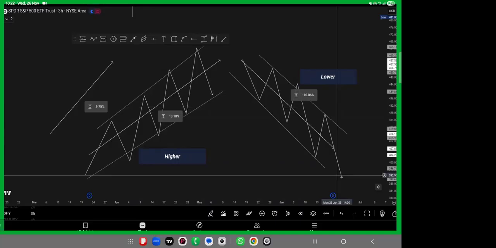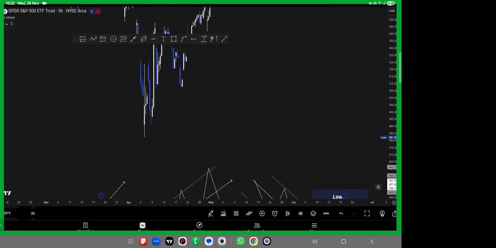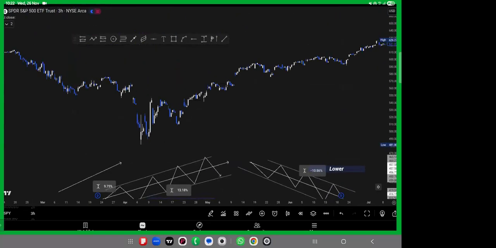Then the next thing we're talking about is complex market structure, which covers the break of structure and the market structure shift. Then we talk about the concept of progression in it, because that is what we're going to be using. But before that, let's go and identify some of these trends in the market, the higher highs, higher lows, and all that.